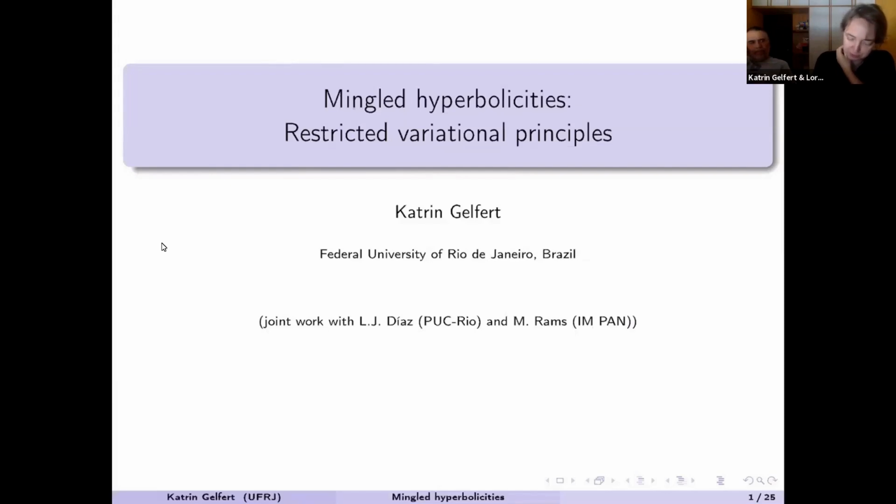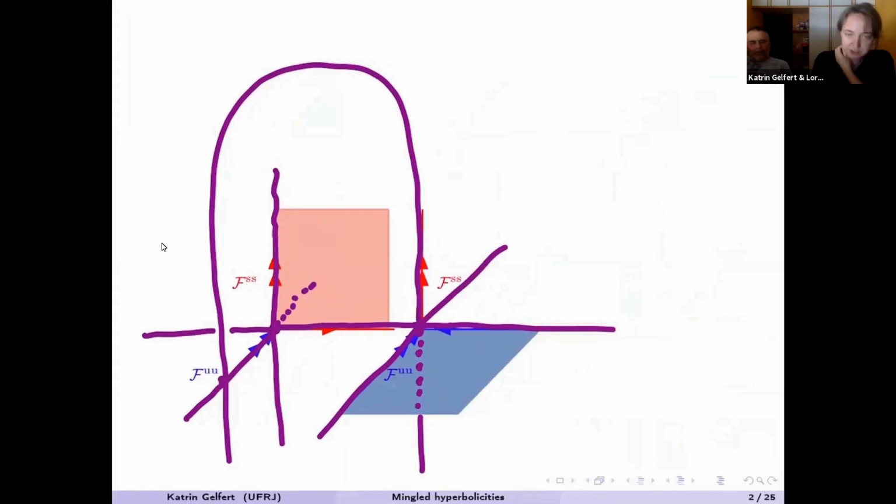Try somehow to get together with your collaborators. Well, this is one of the most favorite pictures that Lorenzo likes to draw, even though I'm not able to. I'm not going to talk about